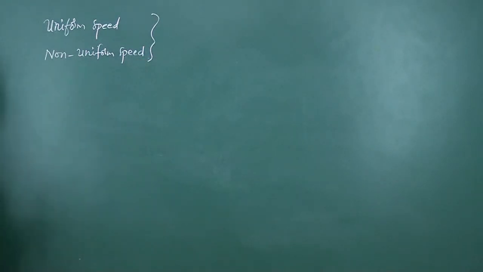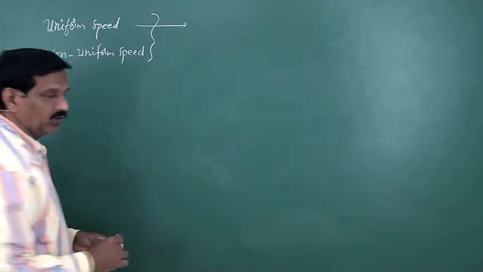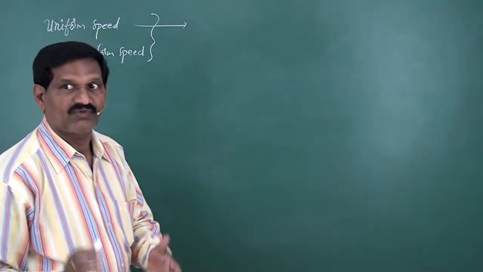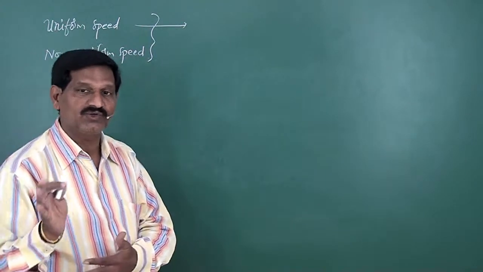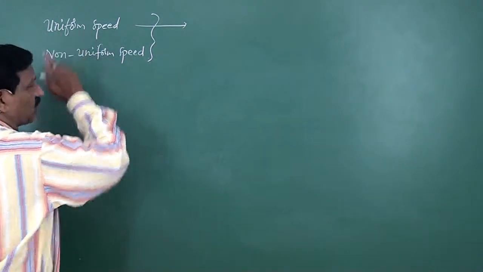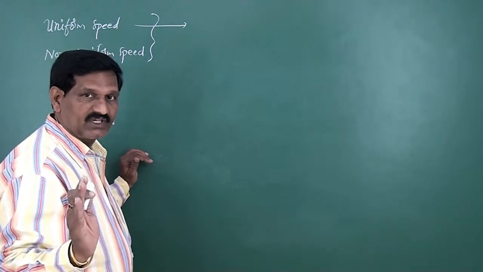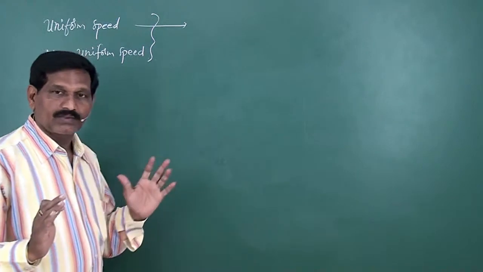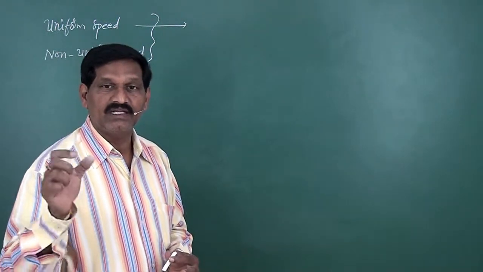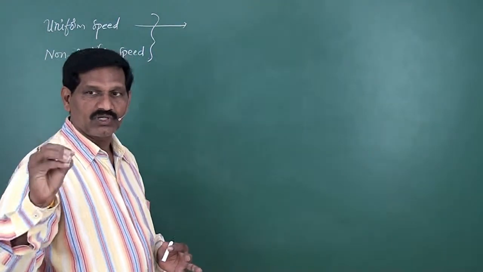Similarly, you have uniform velocity, non-uniform velocity. So uniform speed. When do you say that the body moves with uniform speed? And when do you say that the body moves with a non-uniform speed? So the name itself indicates the speed is uniform, means speed means distance covered in 1 second. Suppose if the body covers equal distances in equal intervals of times, then you say that the body moves with